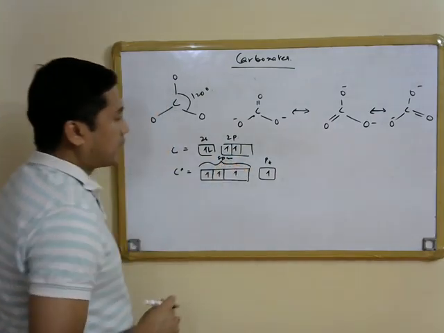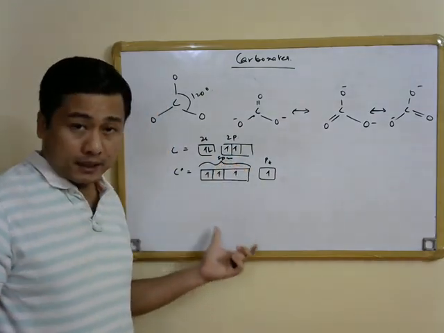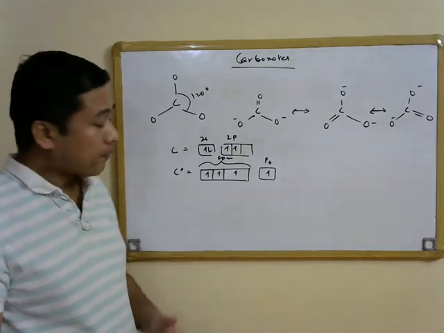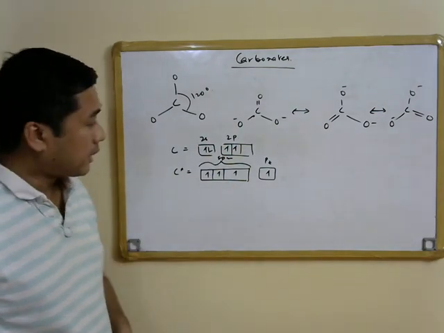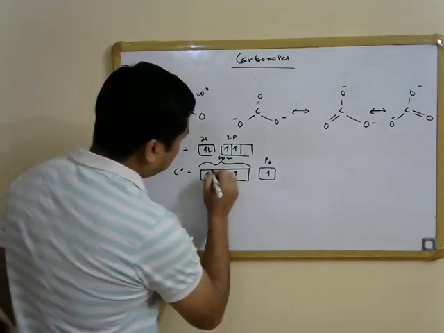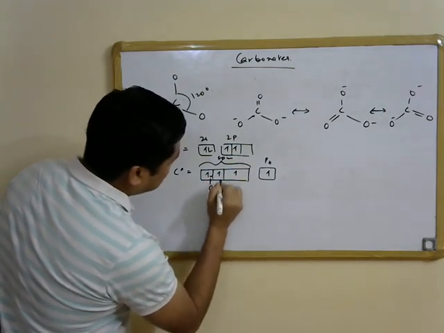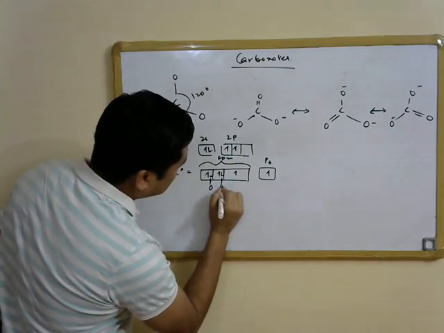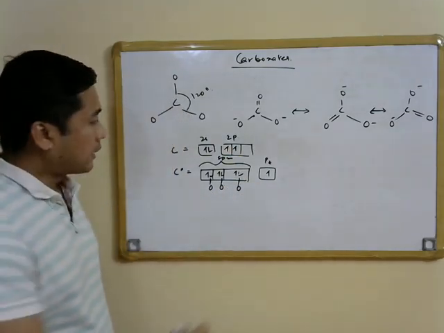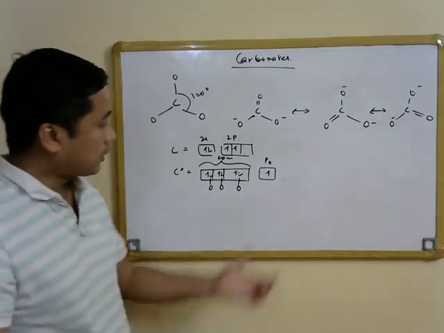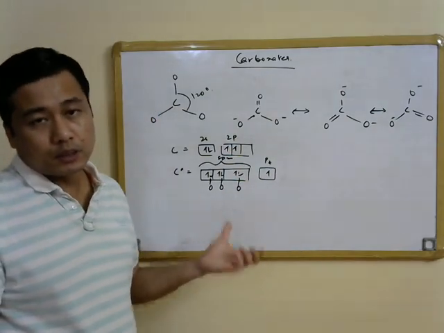These sp2 hybridized orbitals are going to form sigma bonds with the oxygen atoms in this way, and the electron in the pz orbital is essentially going to participate